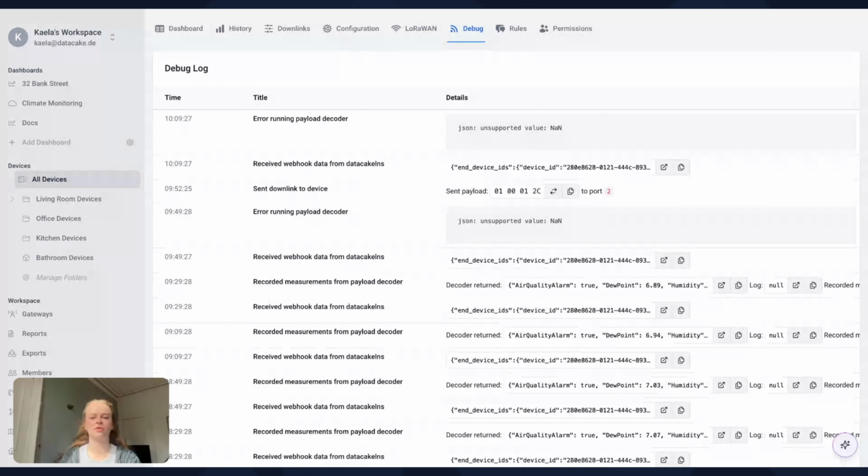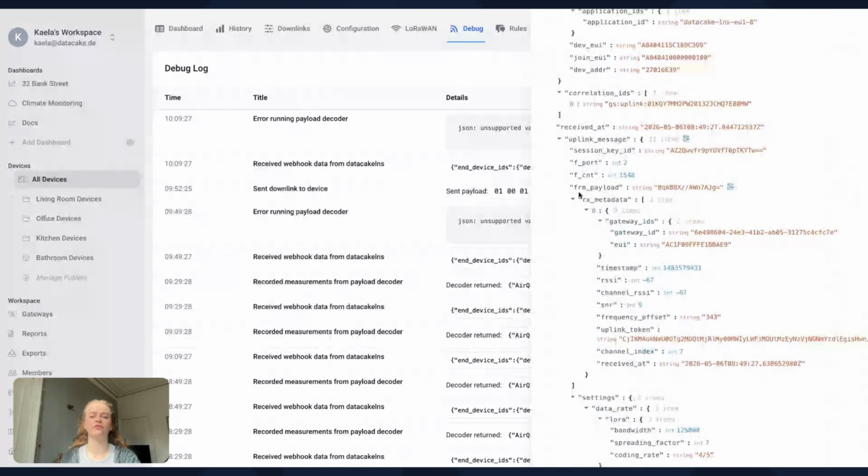So to figure out what's going on with our payload decoder, as it is now throwing an error, we're going to copy and paste the raw payload into our AI assistant and ask it what's going on. To find the raw payload that's being sent from your device or integration, you're going to want to go into the uplink debug log right here, open the drawer, and find your form payload. Now, for a form payload, many of them are initially sent in base64. We're going to want to translate it into hex. The AI assistant can do this for us, which is brilliant. So we're just going to go ahead and copy our form payload